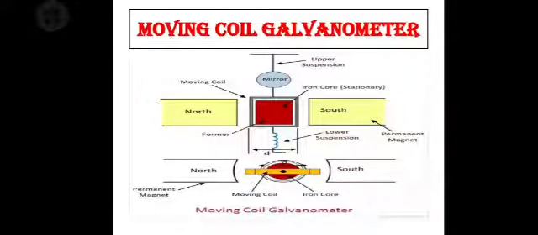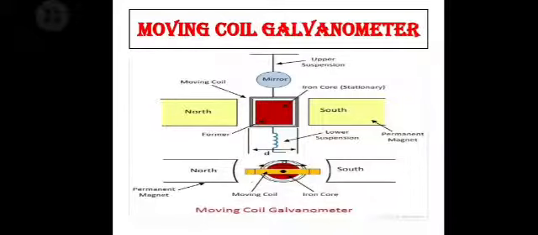Do you remember that in the current electricity chapter we studied how to convert a moving coil galvanometer into an ammeter as well as a voltmeter? In a moving coil galvanometer also we are sending a current through it, which makes a rotational effect, or torque acts on the coil, and by using that torque, one can calibrate the galvanometer to measure current as well as voltage.